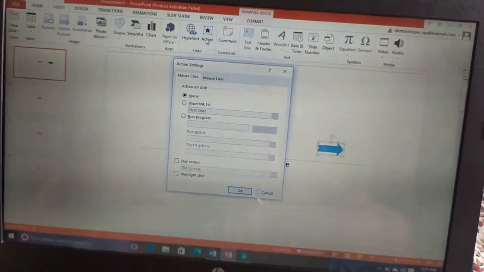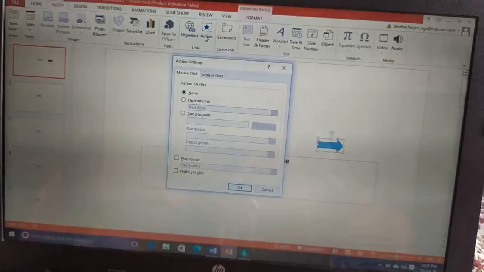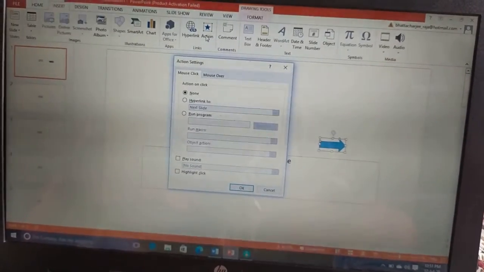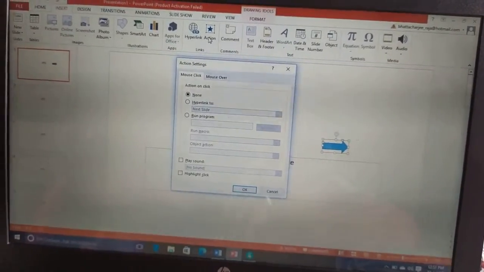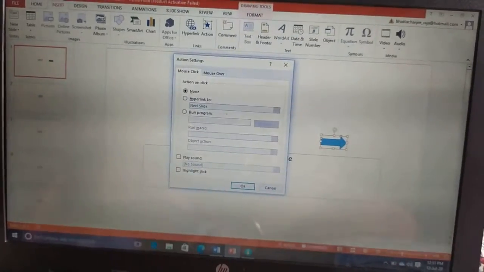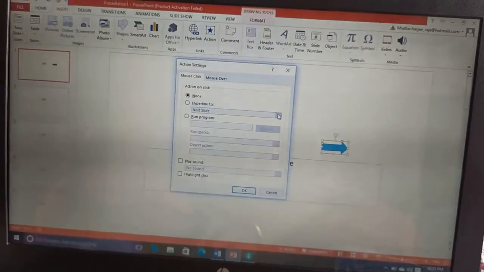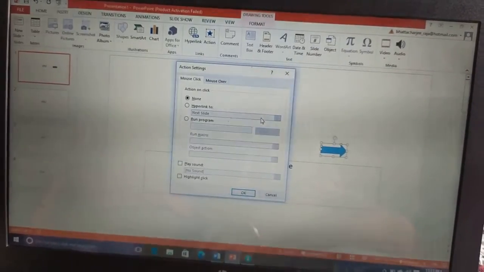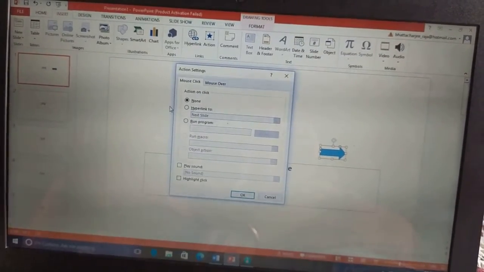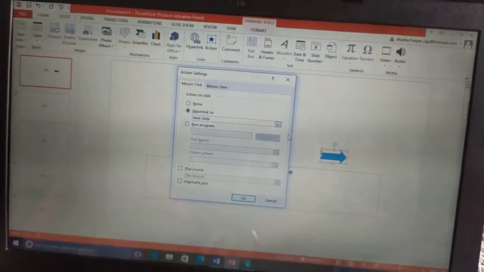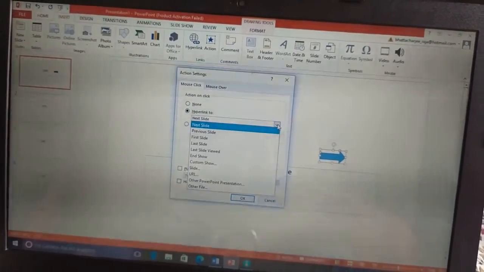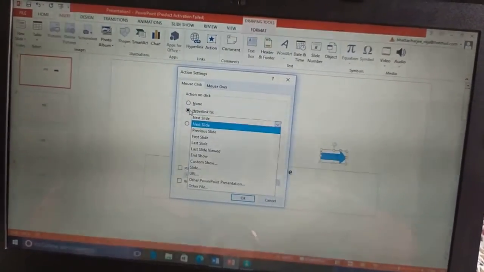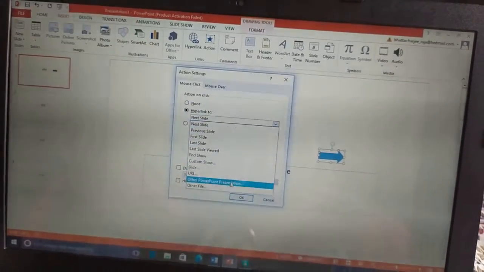You will get the option hyperlinked to. Over there, click. Click on the radio button and you can access the options.